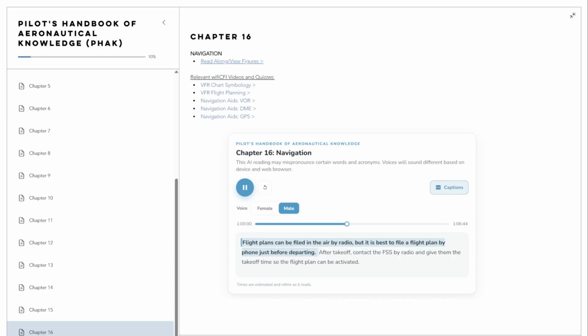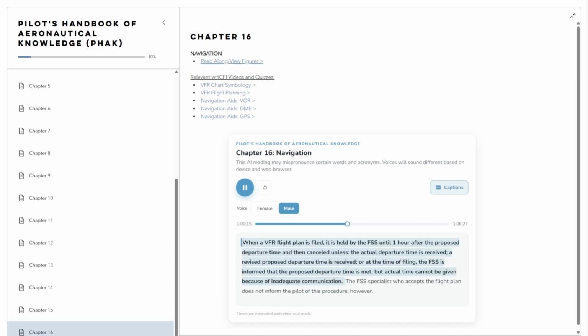Flight plans can be filed in the air by radio, but it is best to file a flight plan by phone just before departing. After takeoff, contact the FSS by radio and give them the takeoff time so the flight plan can be activated. When a VFR flight plan is filed, it is held by the FSS until 1 hour after the proposed departure time and then cancelled unless the actual departure time is received,